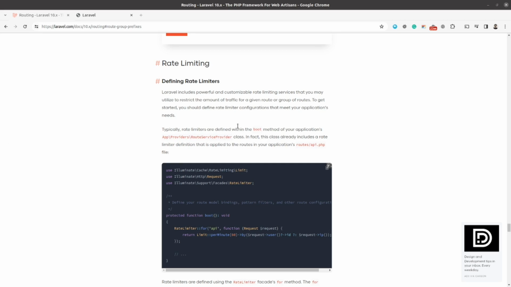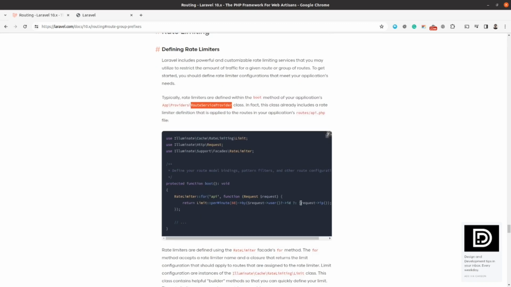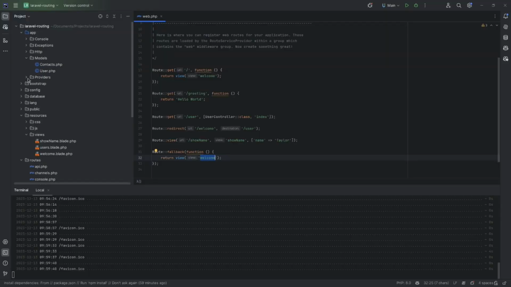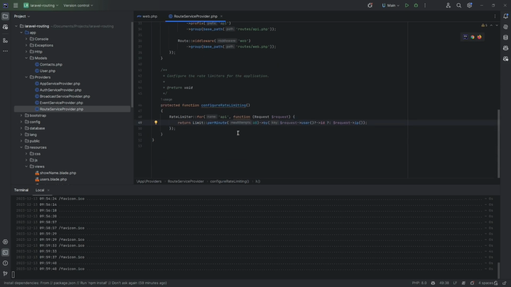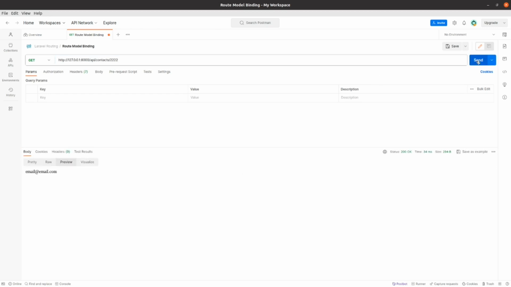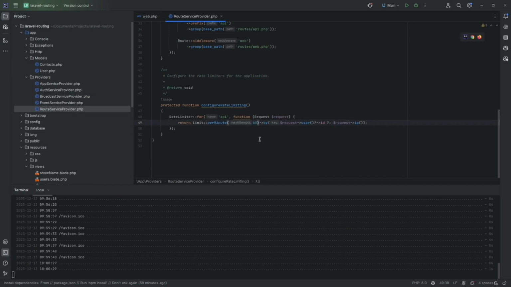The other thing we should explore is rate limiting. This is really cool and powerful for limiting and protecting our application from attacks like DoS attacks. Laravel already has a rate limit configuration that says for the API we can only do 60 requests per minute. So if I just send a few requests, it will work. But if I change this, imagine to 0, it should return me an error,